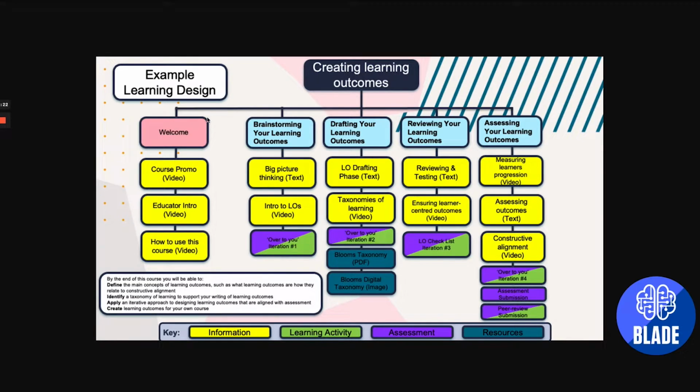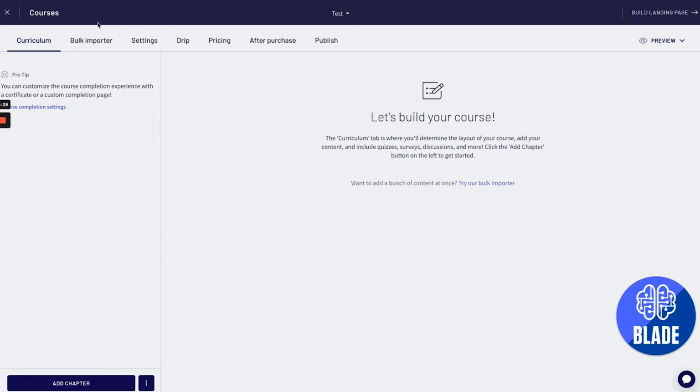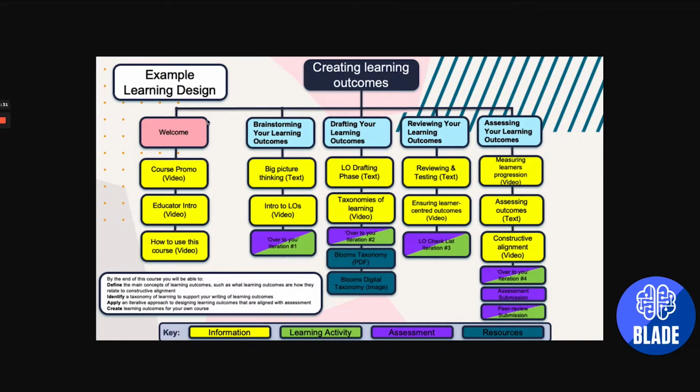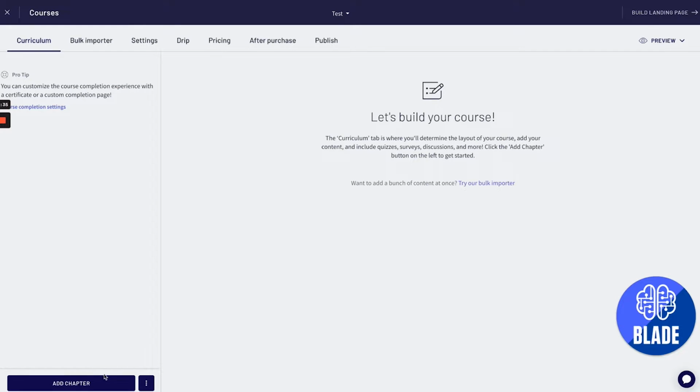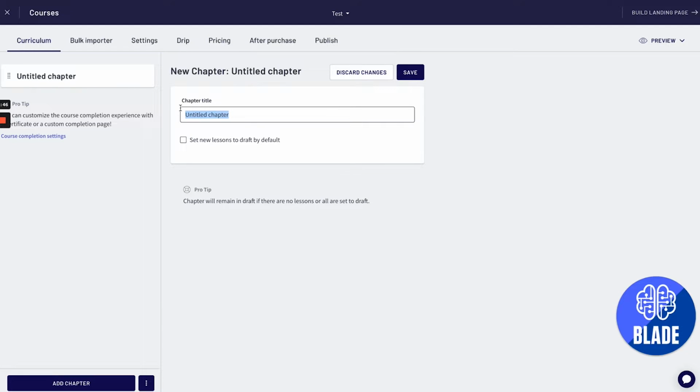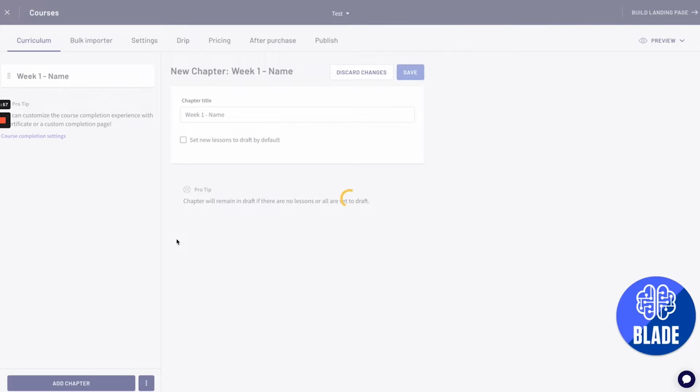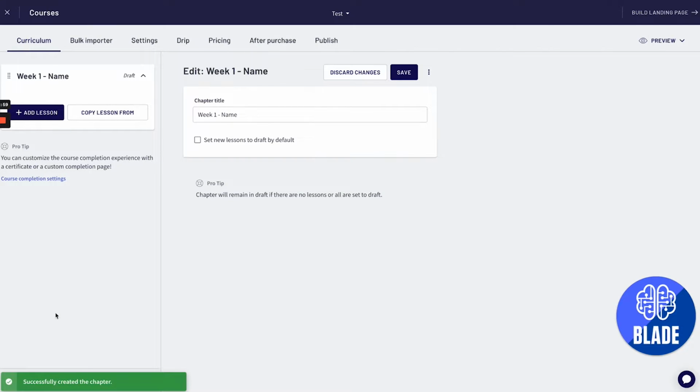And what this allows us to do, when we have an overview like this, we can then take it back to the course design. So I can see that I've got essentially 5 sections. So in this program, we call them chapters, but you can call them sections or weeks. So we can say this one is week 1 and give it a name. It doesn't have to be in weeks, it could be just in sections, but it really helps to structure the